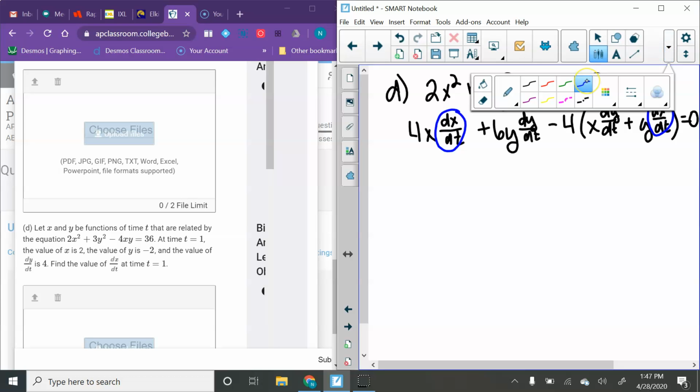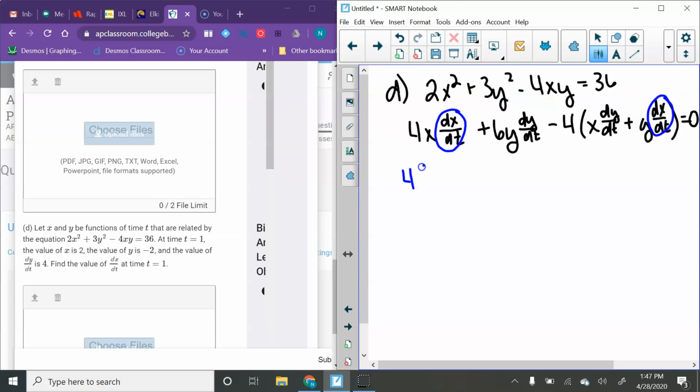They tell us that x equals 2 and y equals -2, and dy/dt is 4. So we just have to plug that information in. So you'll have 4 times 2 dx/dt, because that's what we're looking for. We're not going to replace it. Plus 6 times, they tell you y is -2, and they tell you dy/dt at this time is 4,